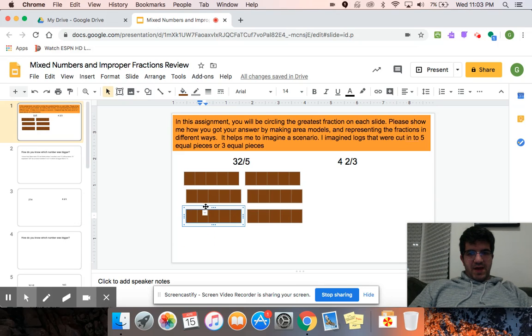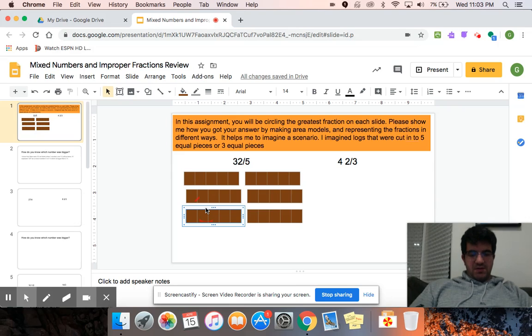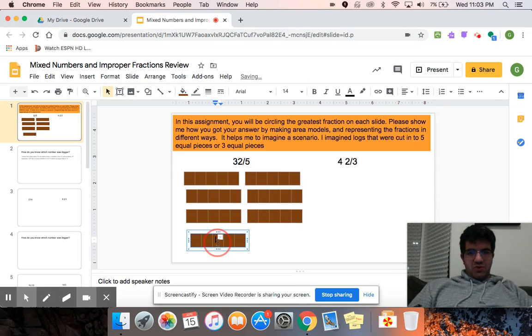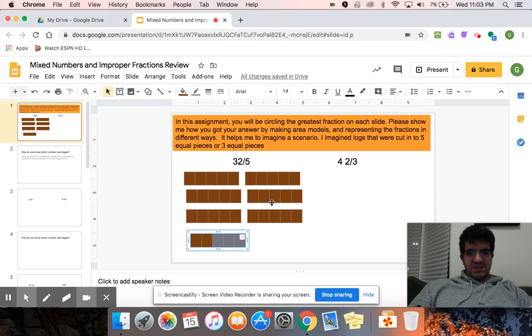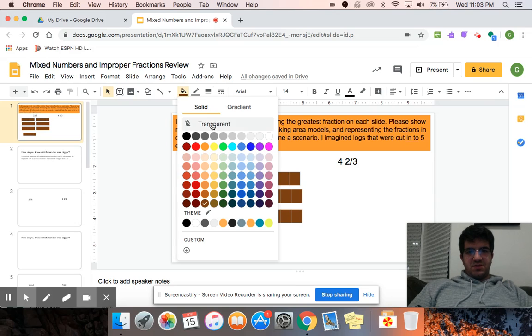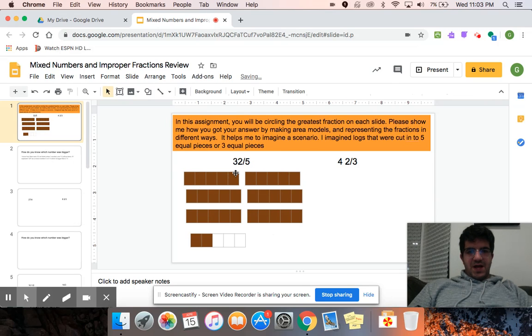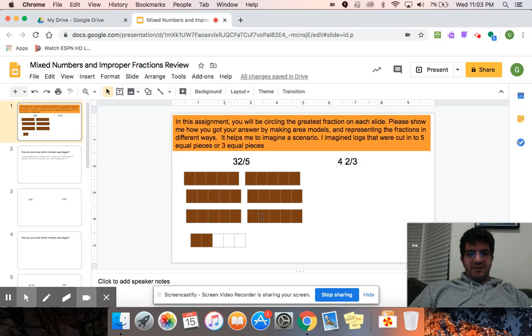So I'm going to go back to one of these. I'm just going to copy it. And I'm going to make sure that it's only 2 out of the 5 pieces because this is 3 2/5. I'm going to make sure that those are empty. So now I see that I've got 1, 2, 3, 4, 5, 6 trees and 2 out of 5 parts